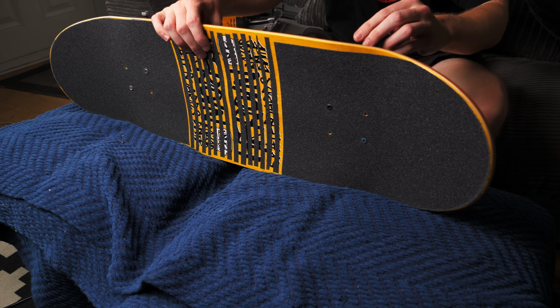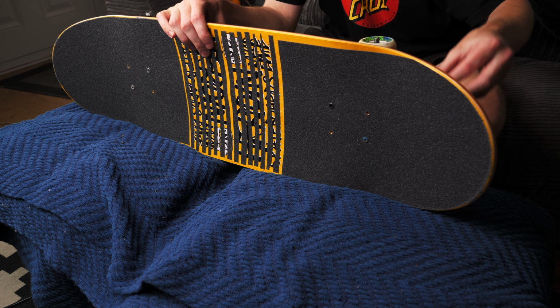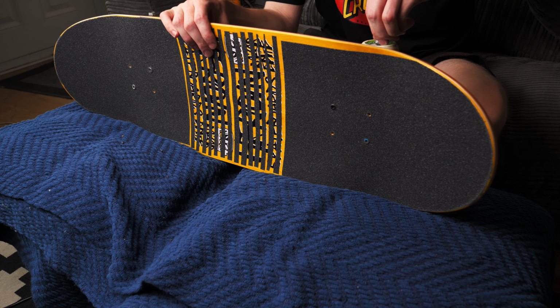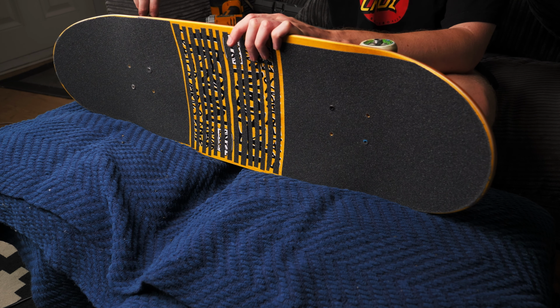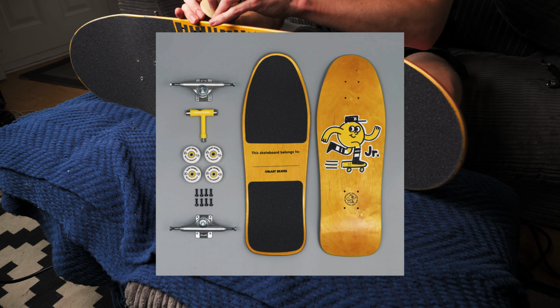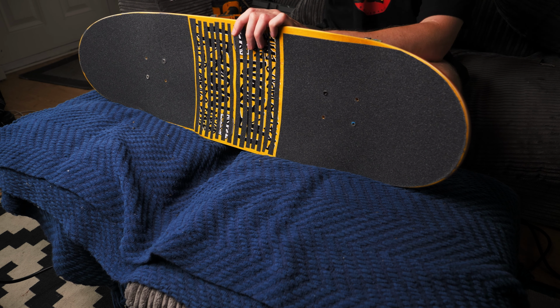Man, I think the yellow is kind of a bit bonkers, to be honest. I would have liked something a bit more mellow yellow. Yeah, it does actually look a bit bonkers. It reminds me of the way they've set it up. I don't know if you guys are aware of Blast Skates, but they do this kind of build my first board setup thing, and it looks really similar to that because they're yellow. Don't know whether that's a good thing or a bad thing, but...